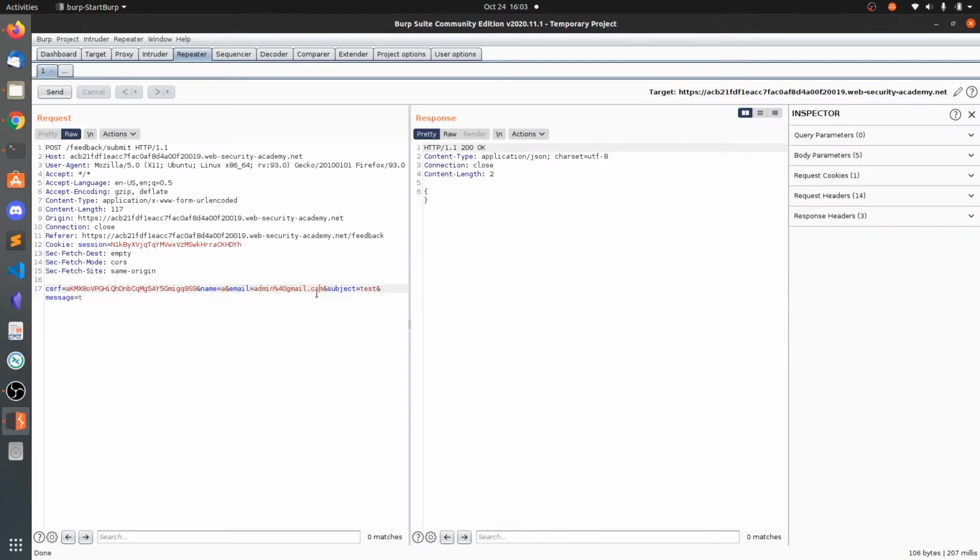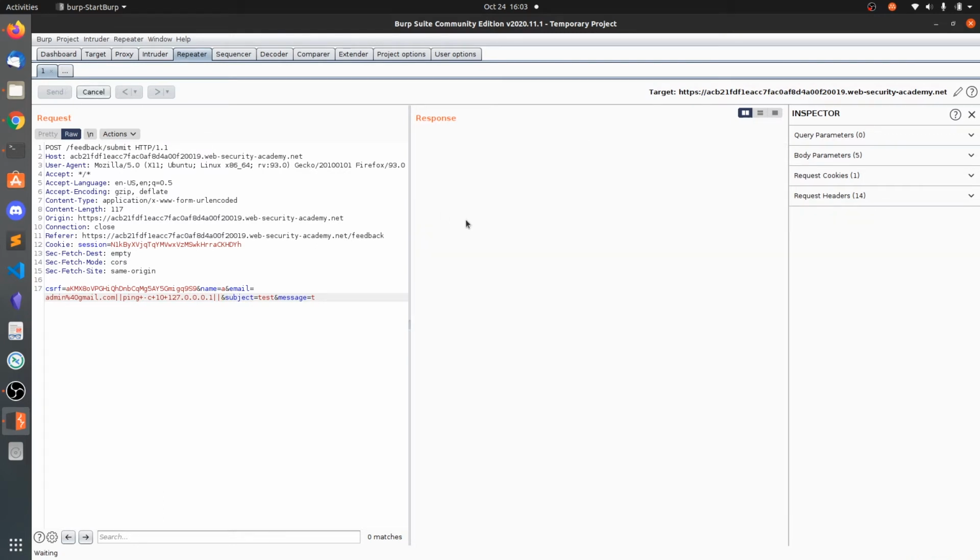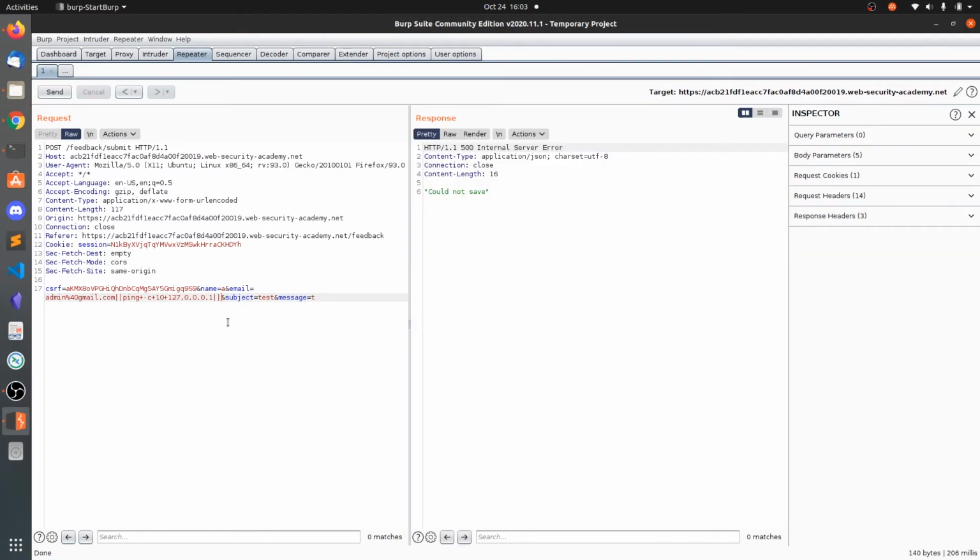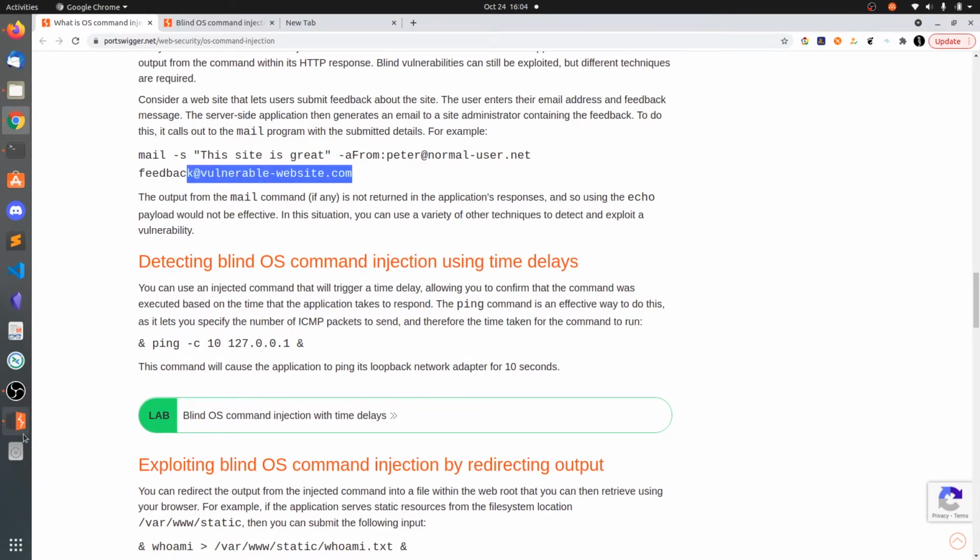Now let's test another field, the email field, and it says could not save. Let's test the subject field, and it says okay, and we also got the response immediately. Let's test the message, and we got okay. The email field is the end of the command, you can see the to address is this email.